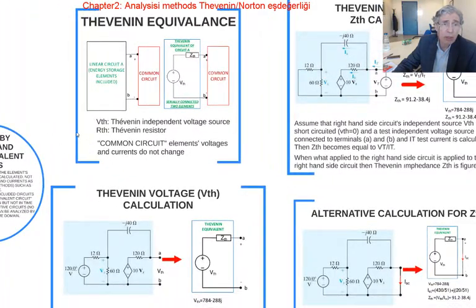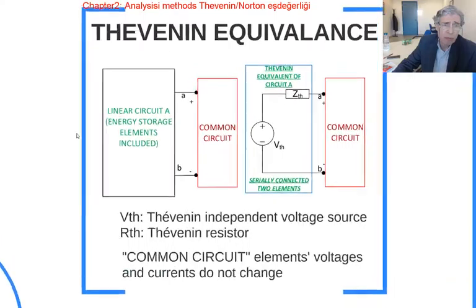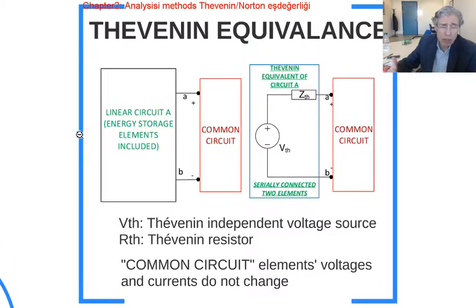What is Thevenin equivalence? You have seen it already, but what we are introducing here is circuits that include L and C elements as well. That means linear circuits, energy storage elements included. So that is a circuit, and assume that there is another part of the circuit. This could be just one element, a common circuit, or a full circuit, that means it has more than one element. You might call it the load, the load circuit, and the circuit except the load. So what we are saying in Thevenin equivalence